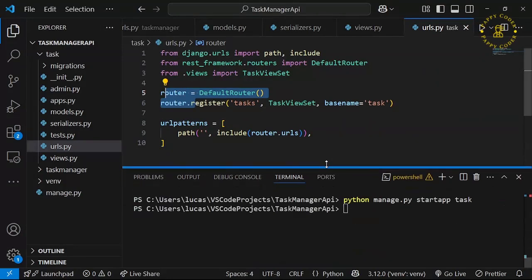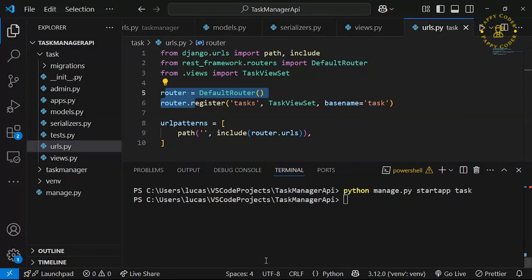So with that, we have our task manager backend API set up to actually perform CRUD, which is to create,